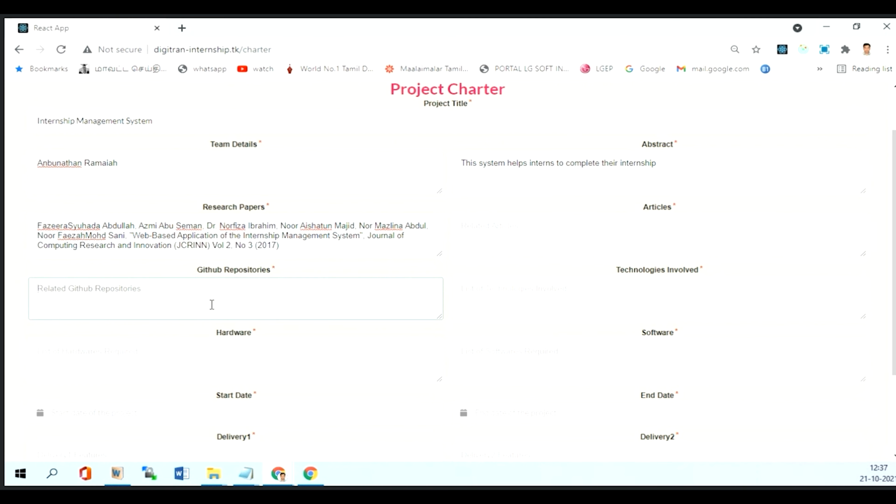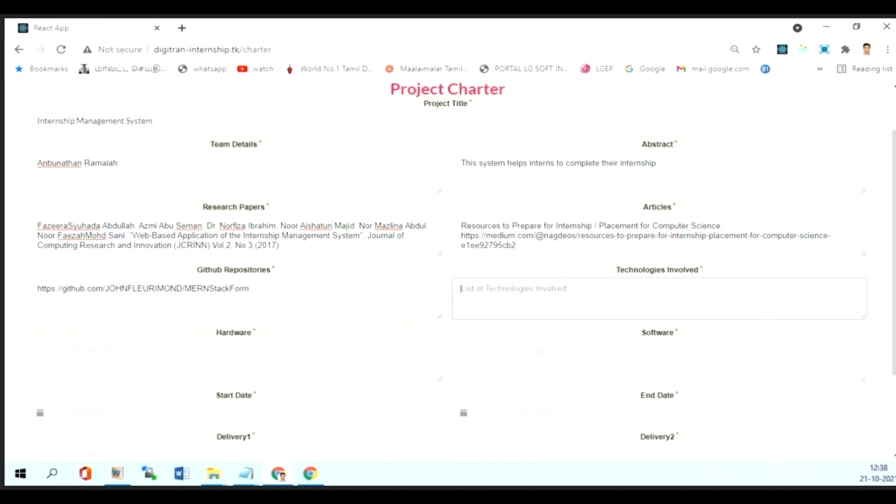Sorry, the article has to go here, and GitHub. Yeah, GitHub, we can take the GitHub link. Then technology used. Basically MERN technology we are using: Mongo, Express, React, and Node.